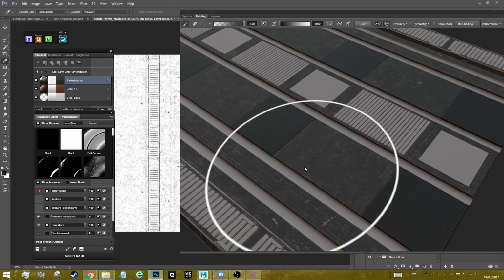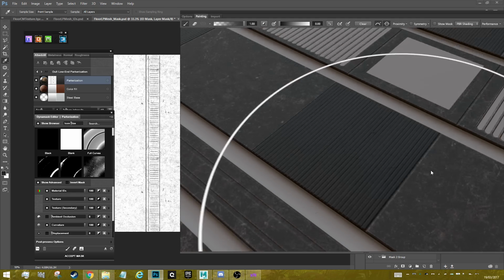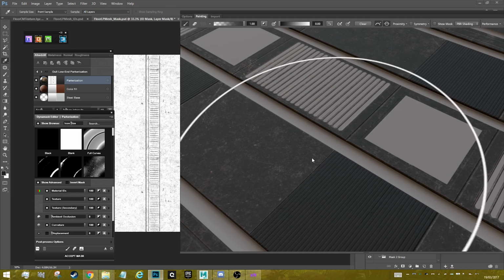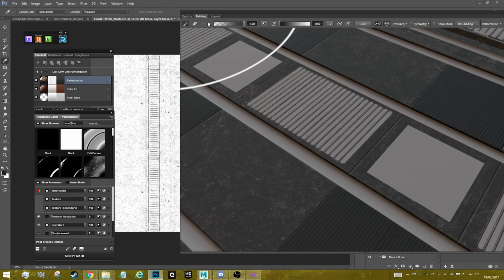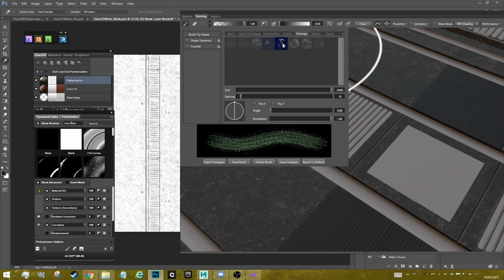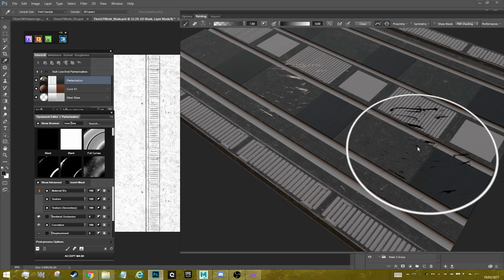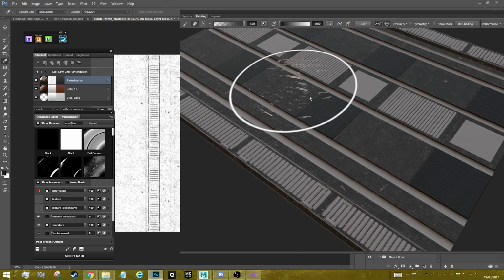There you go, you can see a lot better now. I can start to add my own scratches in. Change the brush up a little bit as well. So if I wanted more damage, that's probably not right. The problem we've got now is,